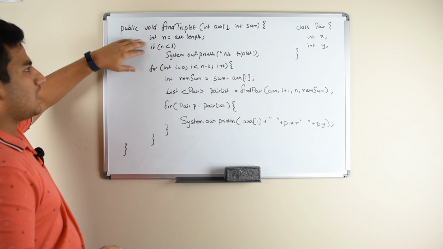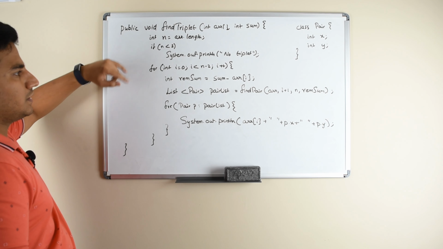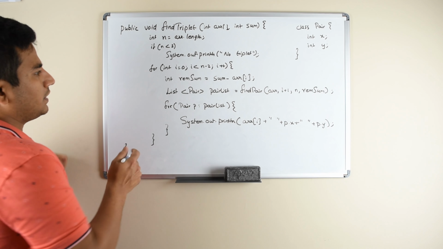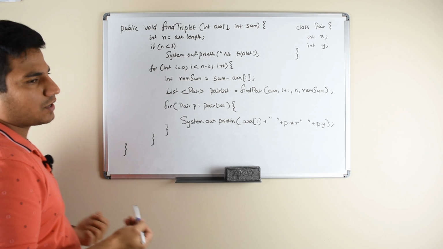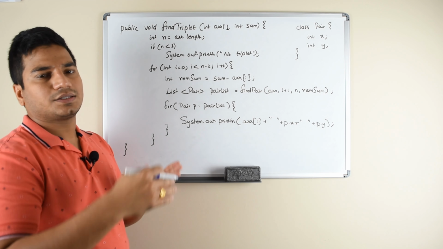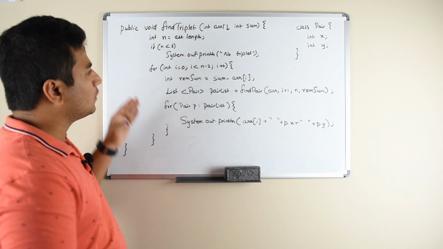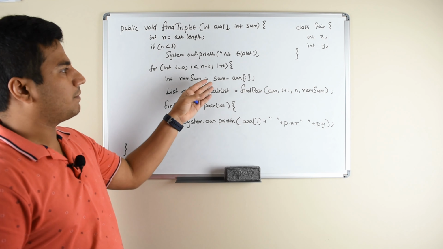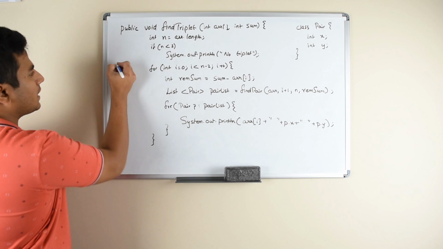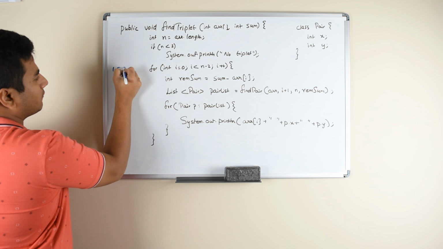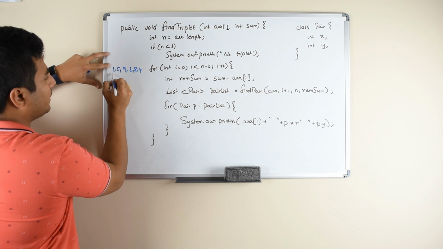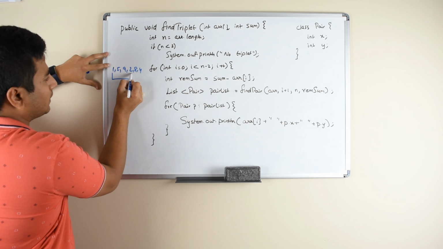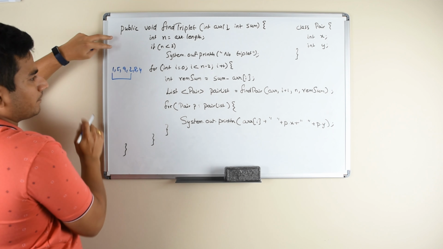And after you do the initial edge case checks, what you are doing is iterating over the array until n minus 2 elements, because you want to find a pair at least in the rest of the two elements, right? So you will be iterating from 0 until n minus 2 position. So if you have the example of 1, 5, 9, 2, 8, 4, your loop will be iterating from the 0th element until the 4th element here.